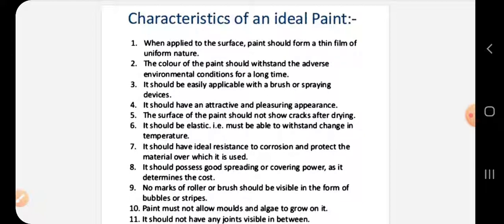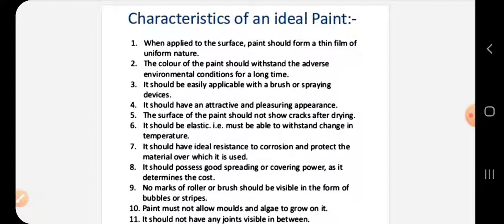It should be easily applicable with a brush or spraying device. It should have an attractive and pleasing appearance, that is for consumers' needs. Then surface paint should not show cracks after drying. It should be elastic, that is it should be able to withstand change in temperature. Thermal attacks, it should be able to withstand thermal attacks.